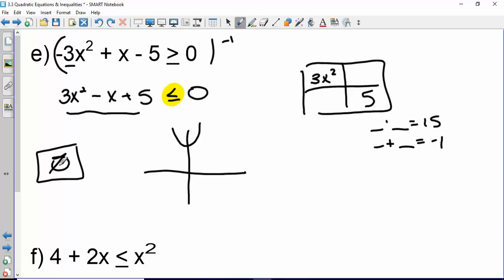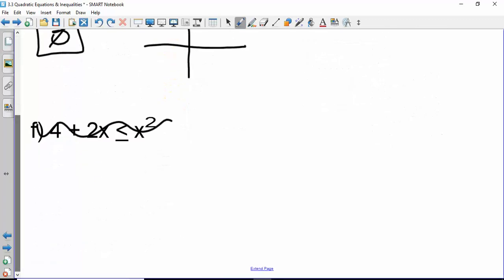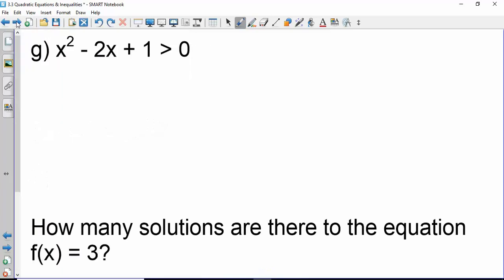Okay, I want to actually, can I skip this one? I'm going to do this one instead. Sorry, I'm going to change it. Let's do this one. Okay. So first step,